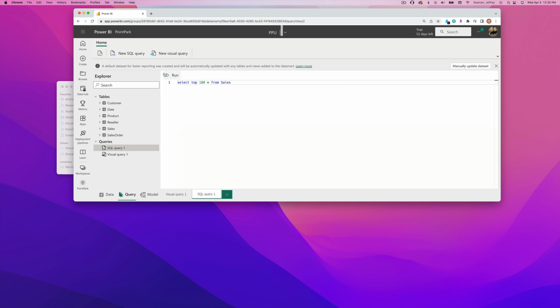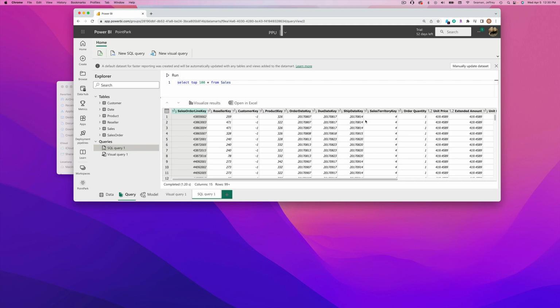It doesn't mean it's the top 100 based off of price, but it's going to give us the top 100 records, from record 1 to 100. Hit run. All right, so it pulls up this data and gives us an idea to look at the data, what's out there. So if we want to make modifications to it,